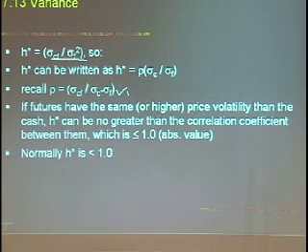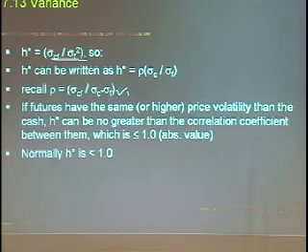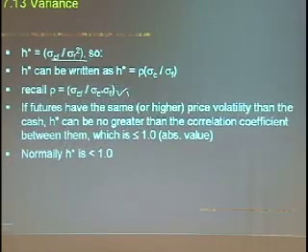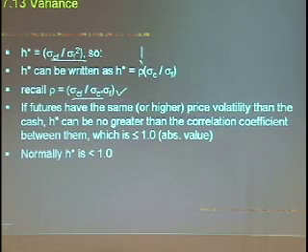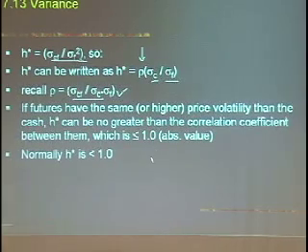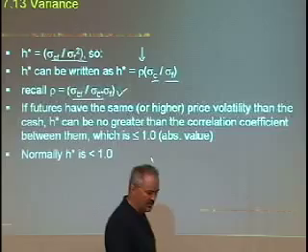If they're perfectly correlated, then it's plus 1. That formula is equal to the covariance between cash and futures divided by the standard deviation of cash times the standard deviation of futures. And so we can rewrite the optimal hedge as the correlation coefficient times the standard deviation of cash over the standard deviation of futures, which I think gives you a nice intuitive